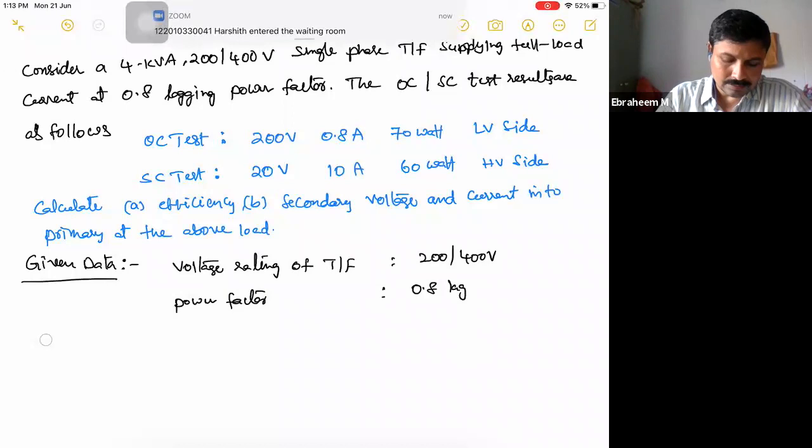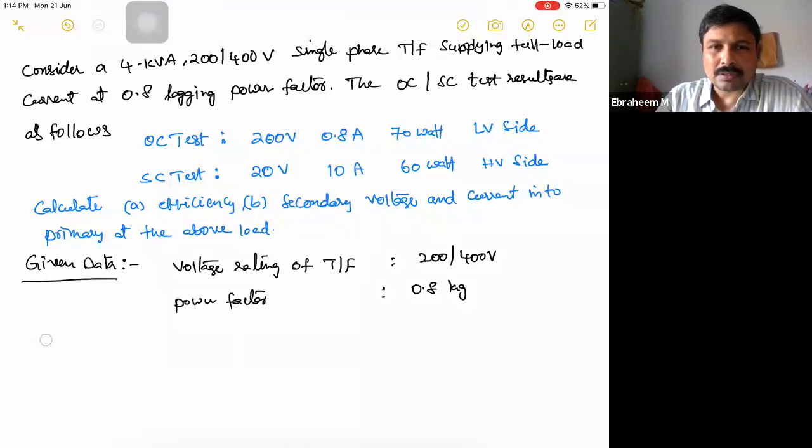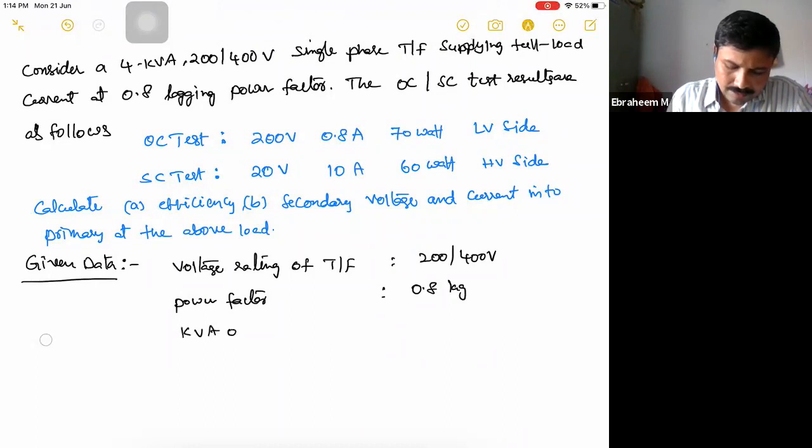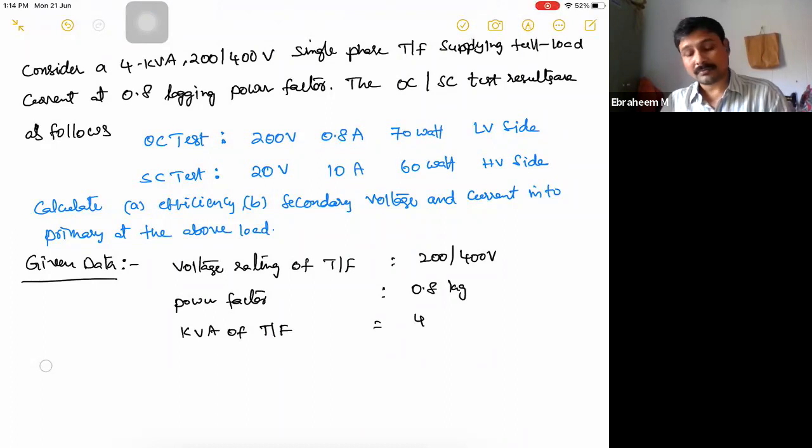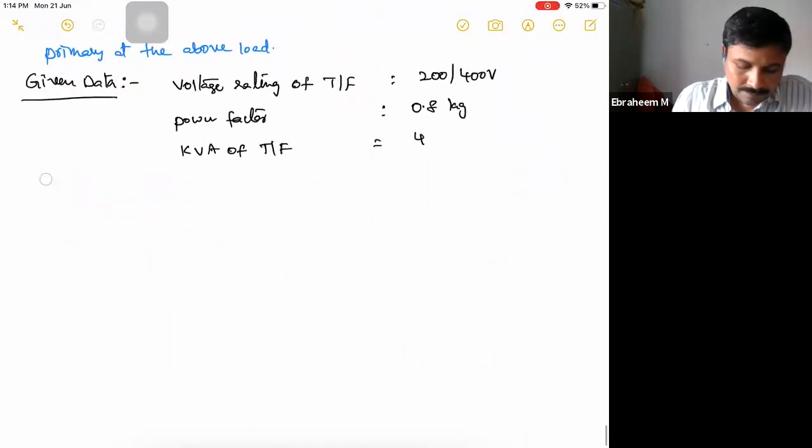So now the kVA is given, right? kVA of the transformer is equal to 4. Now the solution is,